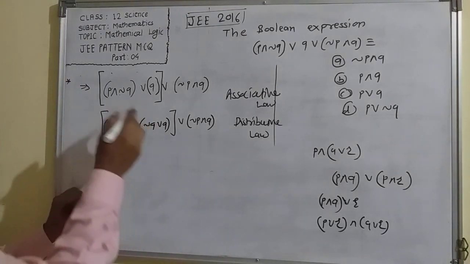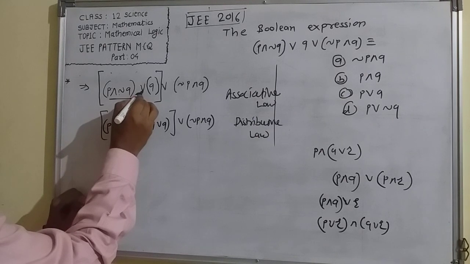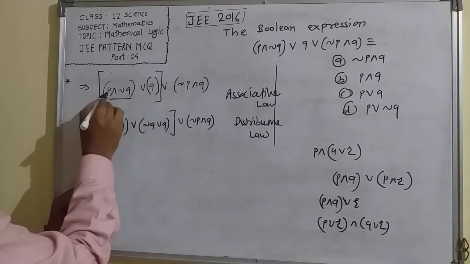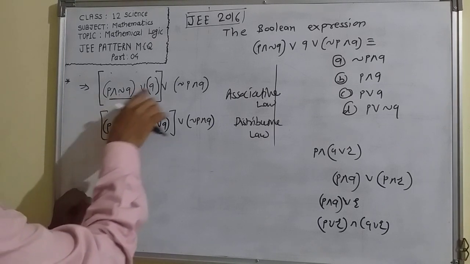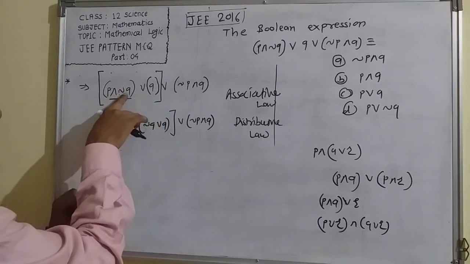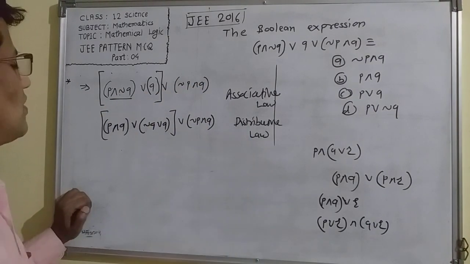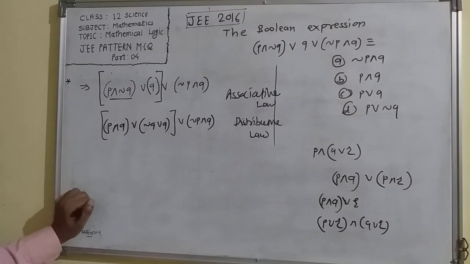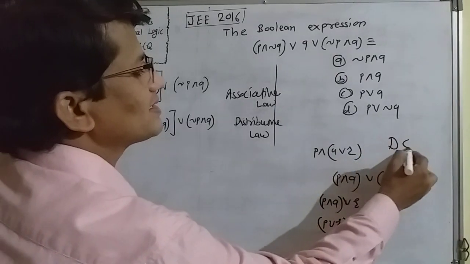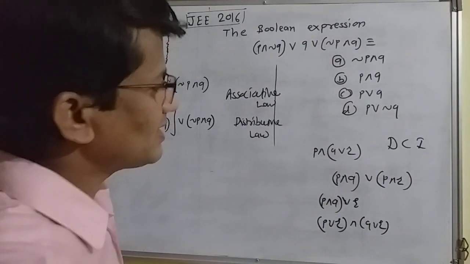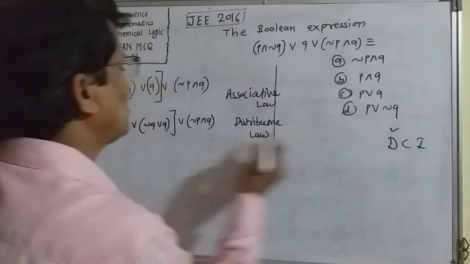So here this is a bracket, and outside the bracket there is R with Q. So P and with Q, first bracket, P and with this, here R is written, negation Q or with second bracket, and no change in other parts. So this is a distributive law. By applying the distributive law, again here we know our rule, D C I, D C I. So use the distributive law. Yes, we have applied the distributive law. After that,